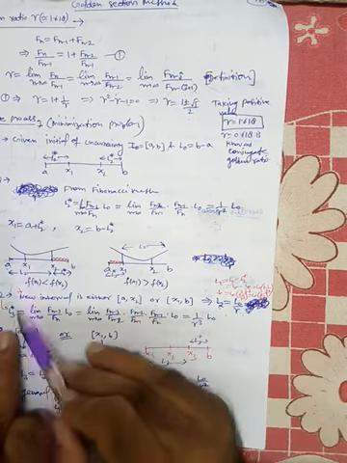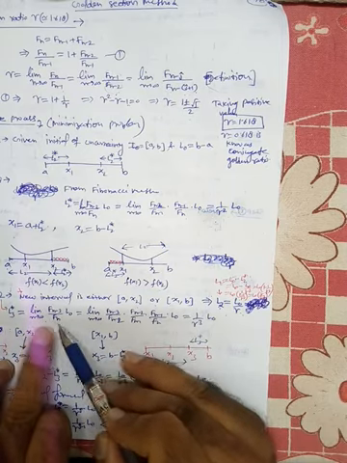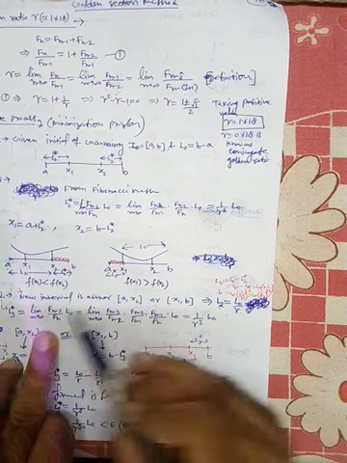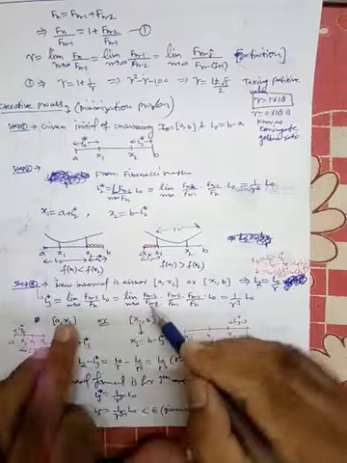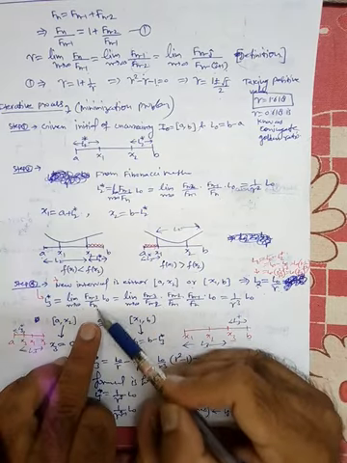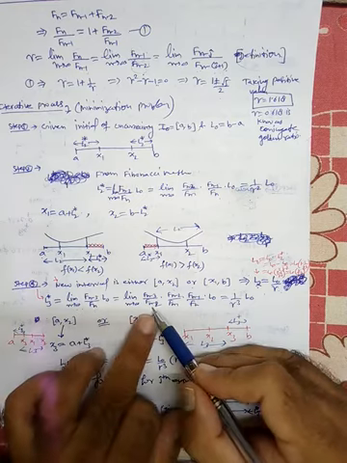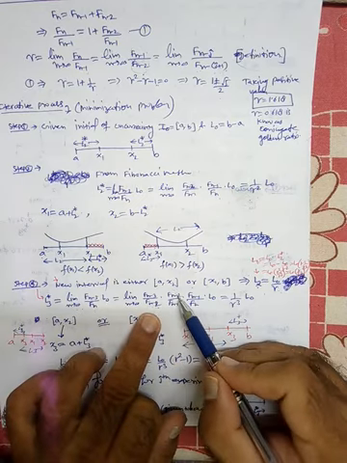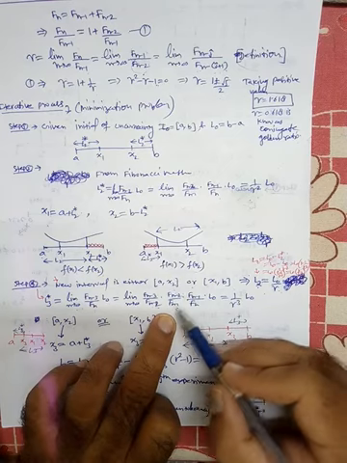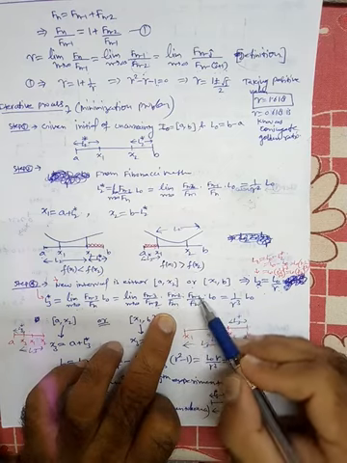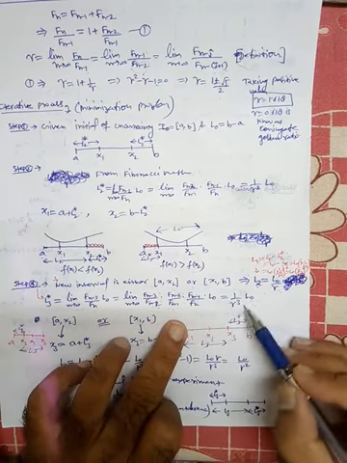Now find L3 star. L3 star will be the limit n tending to infinity of f(n minus 3) by f(n) times L naught. This is from the Fibonacci method. Taking the limit n tending to infinity here, again because these are not consecutive numbers, what do we do? For n minus 3, n minus 2 should come below. So we multiply and divide by f(n minus 2), and then below n minus 2, n minus 1 should come, so ultimately we multiply and divide by f(n minus 1). This will be 1 by gamma, 1 by gamma, 1 by gamma, so 1 by gamma cube L naught.